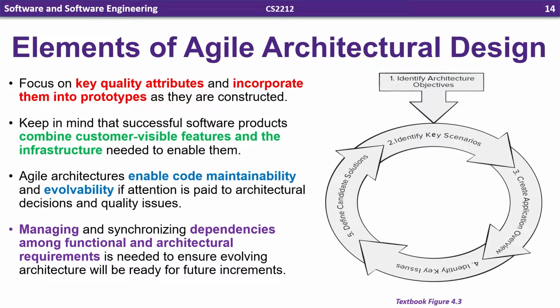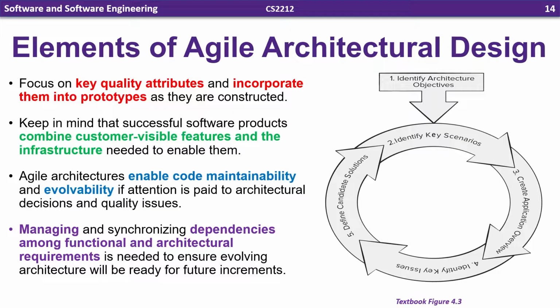So what we mean here by evolvability is that we want our code increments, our prototypes, to actually be something that we can build on in later cycles, not something we have to throw away. So that means while designing the architecture, we have to be thinking forward to the next stages of the project. Managing and synchronizing dependencies amongst functional and architectural requirements is needed to ensure the evolving architecture will be ready for